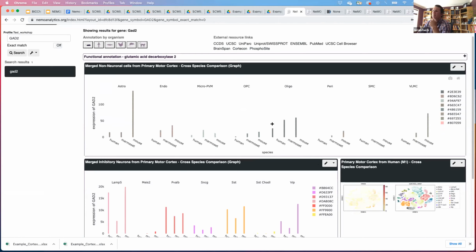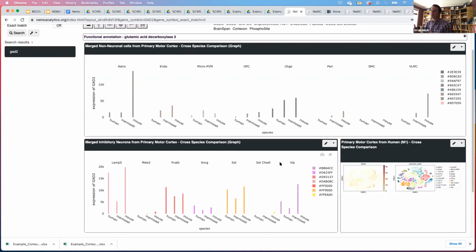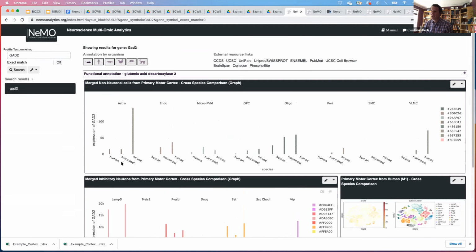But essentially, if you don't have a plot for this built yet, you can go in, curate that data set, create a new plot, and rearrange things however you like. The cool thing is, if you have a publication, this is a wonderful way of putting that data together. If you want to use this as a tool for understanding how your data compares to other data, maybe you have your own motor cortex data set, you've put it through the single cell workbench, you've curated it, and now you put it next to a bunch of other data sets and see, oh, okay, this gene is sharing this particular cell type. Or you can use that for identifying your own cell types compared to the other data sets.